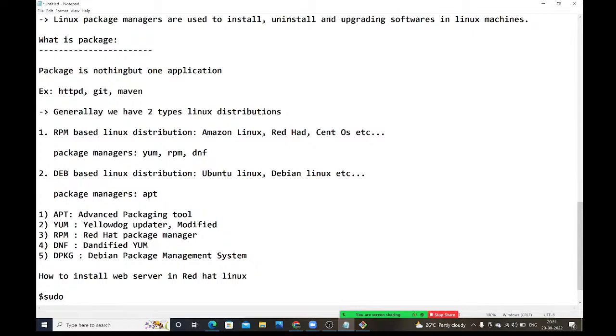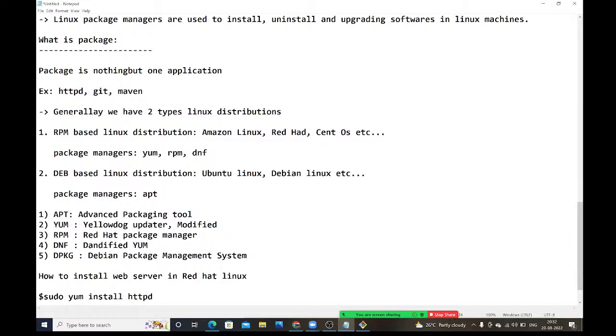Here, Red Hat Linux, can I use the YUM module? Yes, we can use it. Red Hat Linux is part of the RPM based Linux distributions only. In RPM based Linux distributions, we can use these package managers. So here you can use the yum package manager, yum install